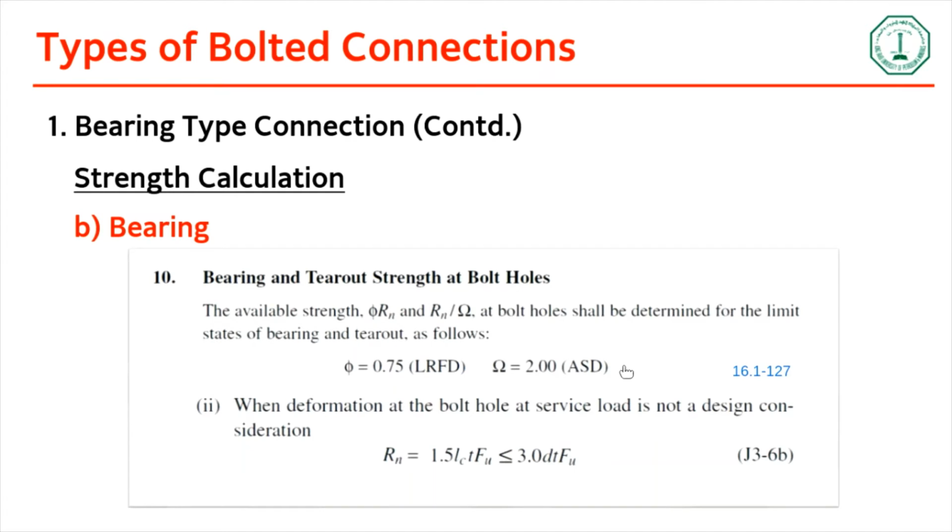Okay. So this is how we calculate the strength of a bearing type connection. We have two criteria that need to be checked. One is the shear and the other one is the bearing. Okay. Now in the next slide,